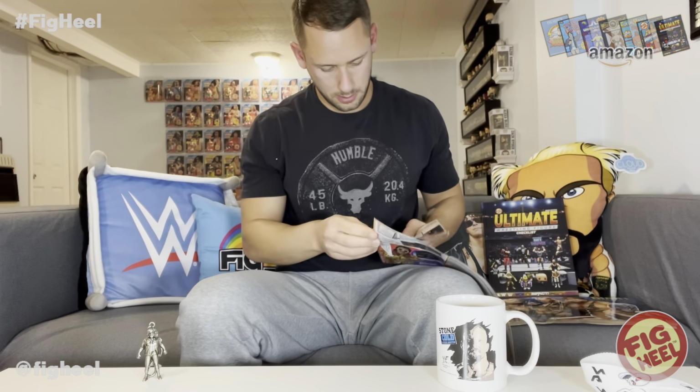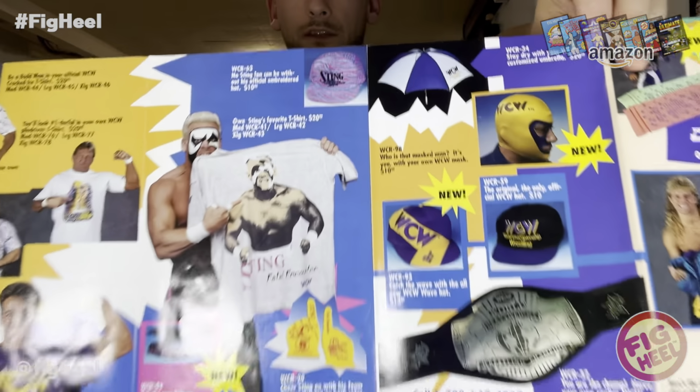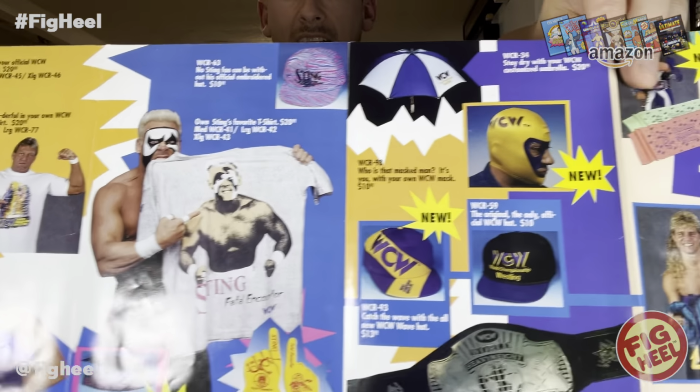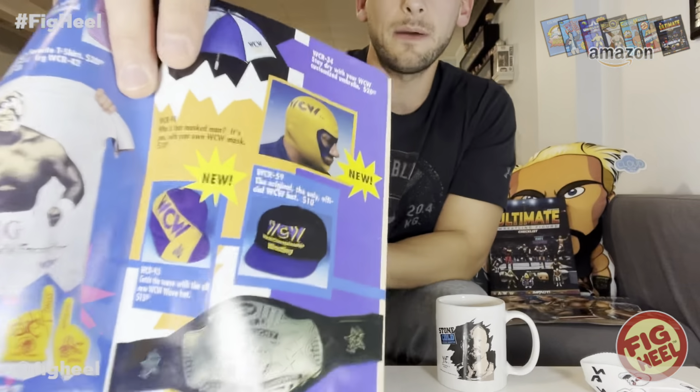You got the Stinger shirt, which is huge in his hands. I don't know what size they gave him to hold there. The Stinger foam finger. He's got the hat, WCW duffel bag, the championship belt, which, does anybody have this belt